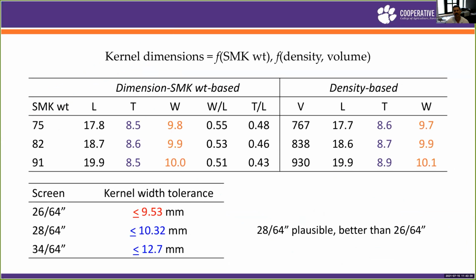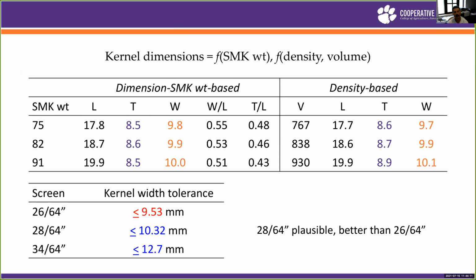And so we used this information to get an estimate of the width of these different kernels of different sized cultivars, and then compared that to the estimates that we obtained through the density volume based estimation. And it was kind of interesting how close the resulting numbers ended up being, about 0.1 millimeters among each other. But anyway, what we saw from here was that the widths varied from about 9.7 to 10.1 millimeters,